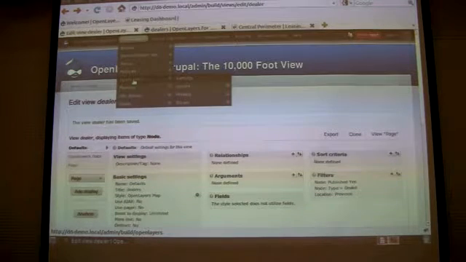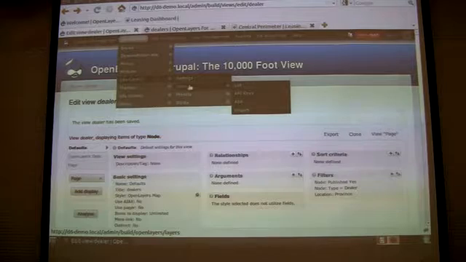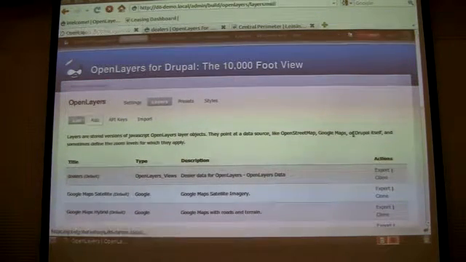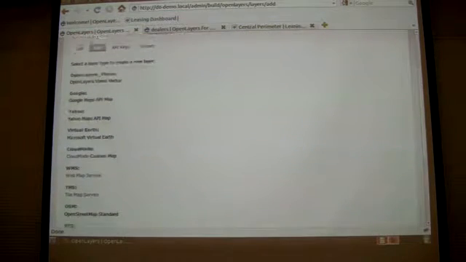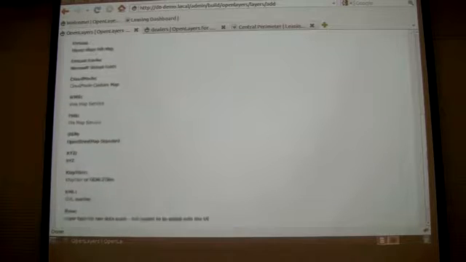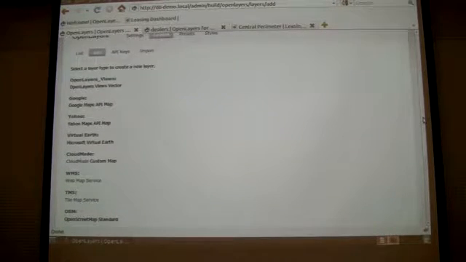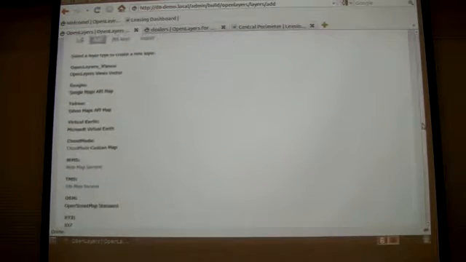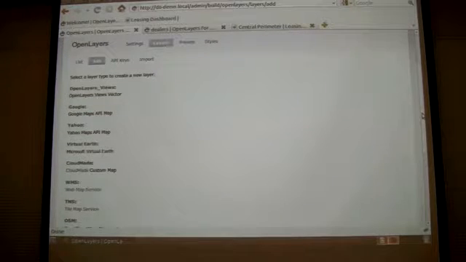Yeah, the vector layer will handle shapes, points, and certain predefined marker types. You can also, depending on the data you've got, let's see, layers. These are all the different formats that OpenLayers understands. So if you can get it into one of these types of formats, from CSV to one of these formats, right. If you could get something to serve the data up to OpenLayers in this format, then it can handle that. As far as the shape files go, there's a